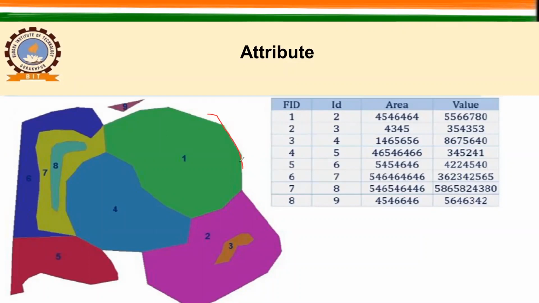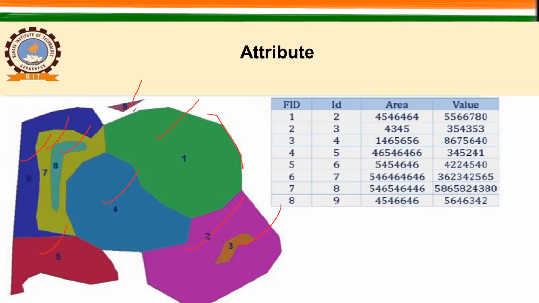And now here you can see this is class 1, okay, class 1. This is your class 2, this is your class 3, this is your class 4, this will be your class 5, 6, 7, and class 8, right? Now, and the last one was your class 9. Now, by looking at it, can you say what are the parameters attached to this particular map? No, because as per the class, 1 is represented with this color, 2 with this color, 3 with this color, and we don't have any other information.